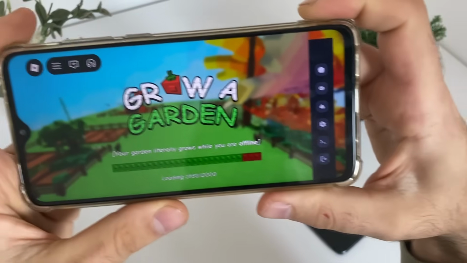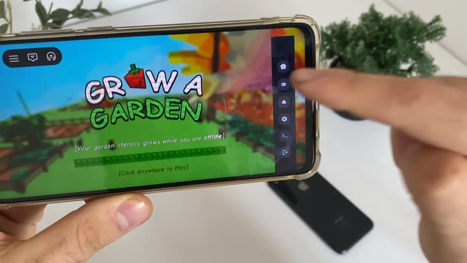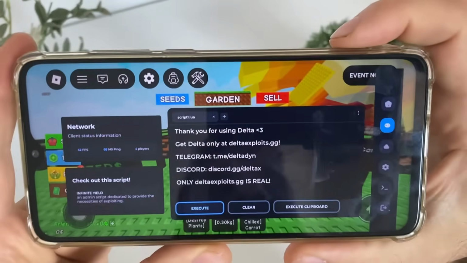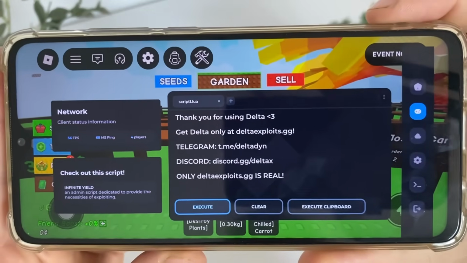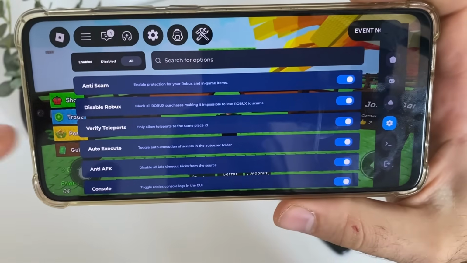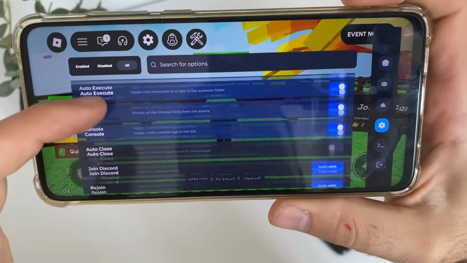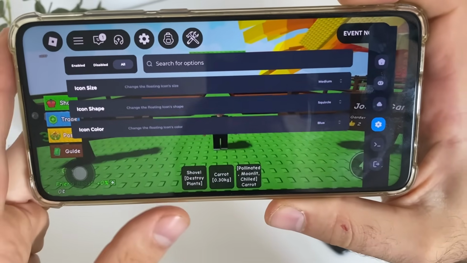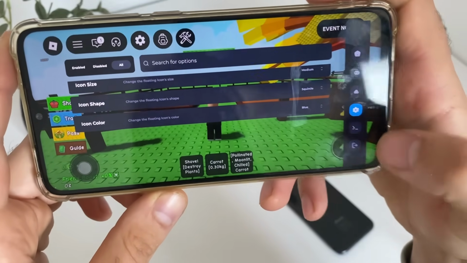So guys, as you can see, we have this panel and we have this message: thank you for using Delta Executor. So let me click here. As you can see, we have all these features. So yeah, that's pretty much it for this